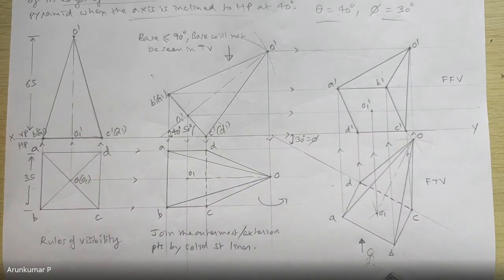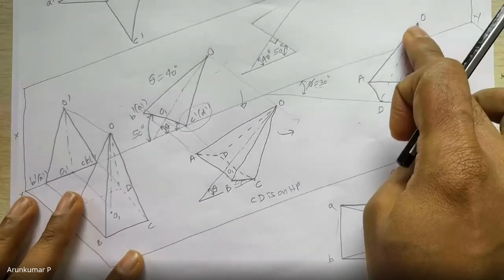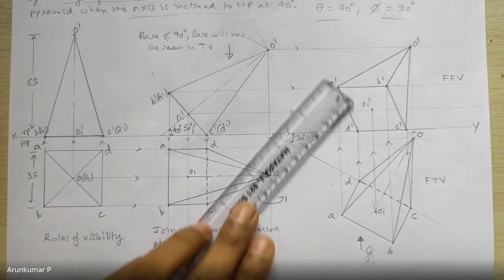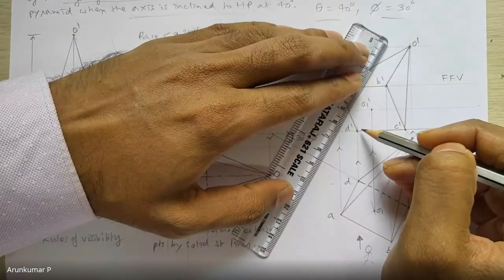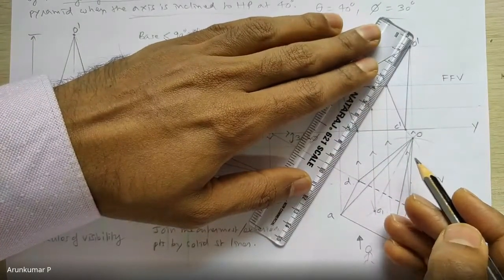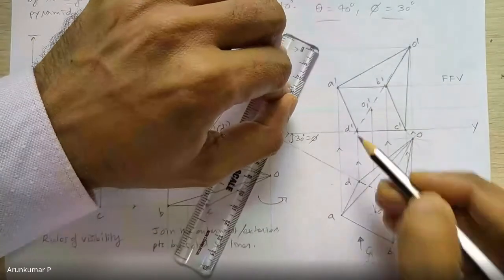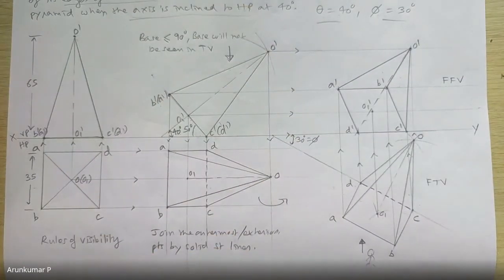So what is not seen, you have to represent by hidden lines. As you might have observed here, I have represented this OD and all by hidden lines. Same way, now you can see O dash, D dash. Do you see this line? In the front view, you don't see. So straight away, O dash to D dash, hidden lines. You can see hidden lines. And if you want O dash, O1 dash, you can draw the axis. That's it. This is the final front view.